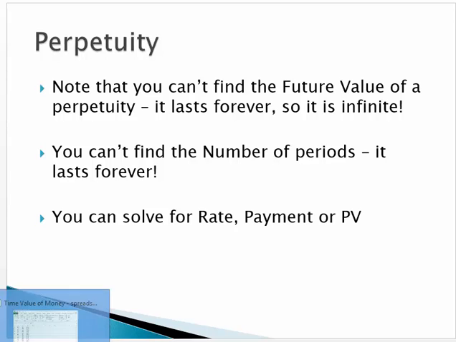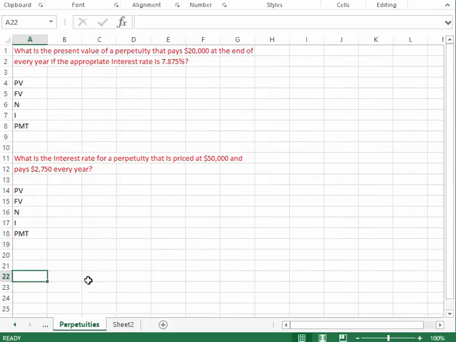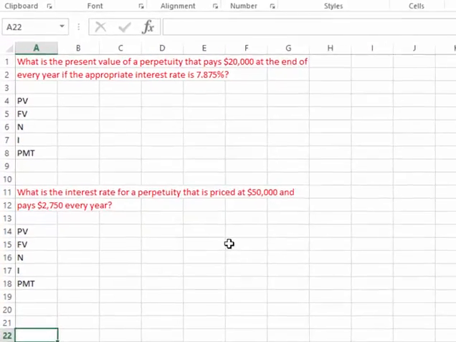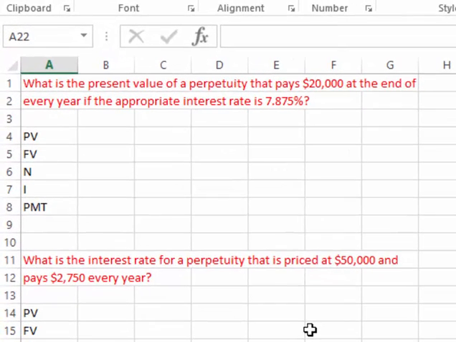And in the last part of the video here, let's take a look at some perpetuity questions. The first one here, what is the present value of a perpetuity that pays $20,000 at the end of every year if the appropriate interest rate is